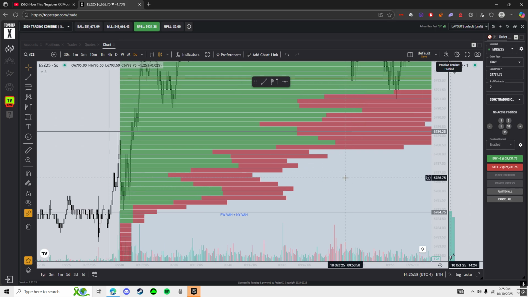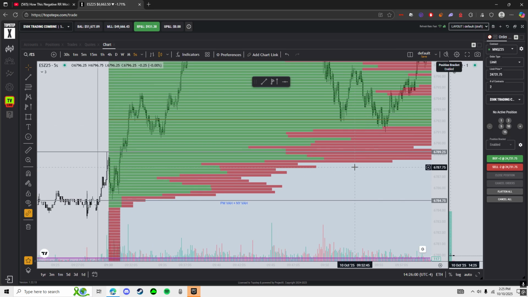So Top Step, I feel like, is better for people who have a lower price tag and are just getting into funded accounts, because you can save a lot of money by buying these fundeds. And if you lose the challenge, you don't lose a lot of money. You know what I mean? So let's get back to the